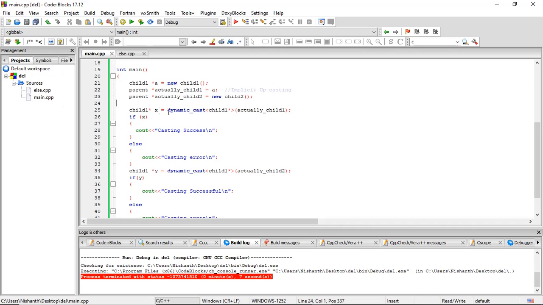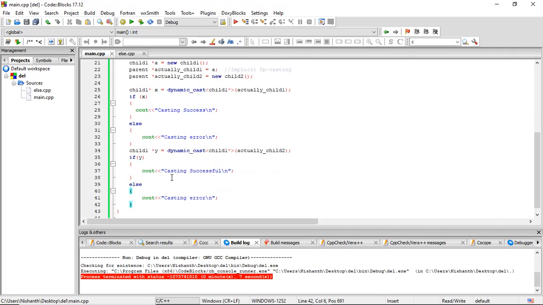So here we are performing dynamic casting: child1 star x is equal to dynamic_cast child1 star actualChild1. For the first one, we would want this to work. That is, we need a casting success. And for the second one, we don't want this to work because we are trying to make a pointer of one type point to another class on the same hierarchy level. So this should not work. So we want a casting error here.